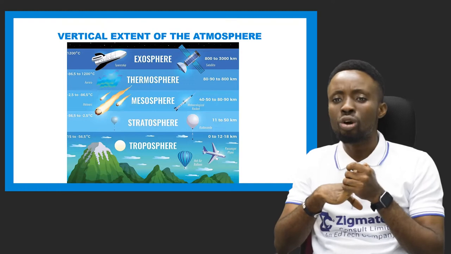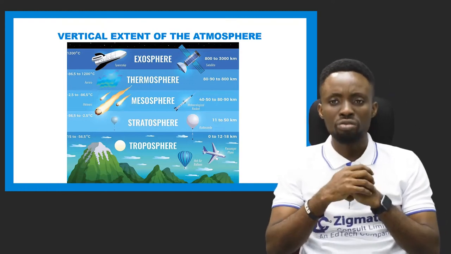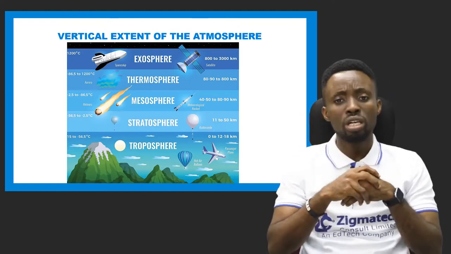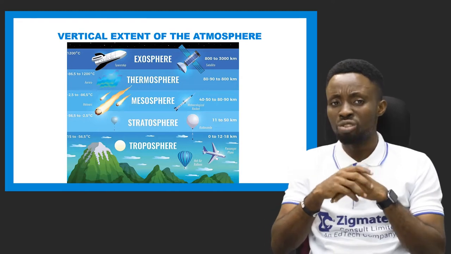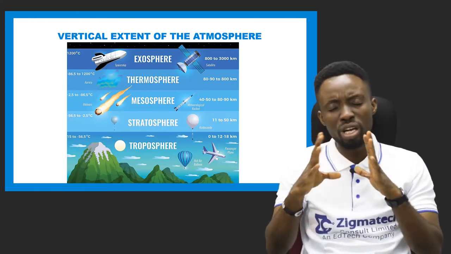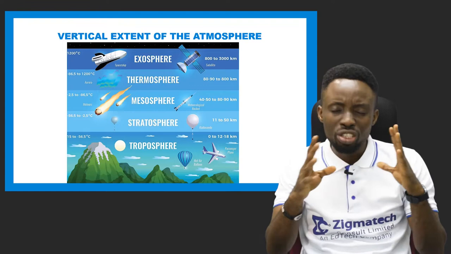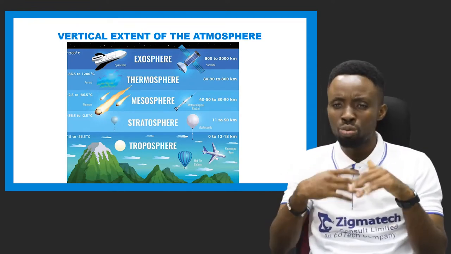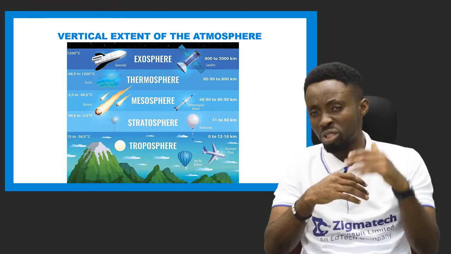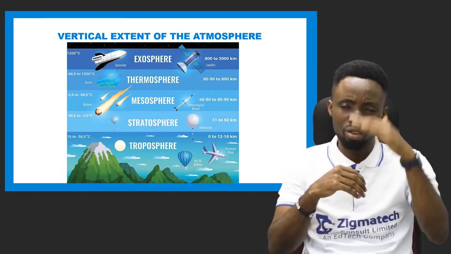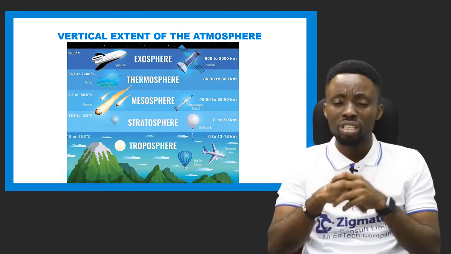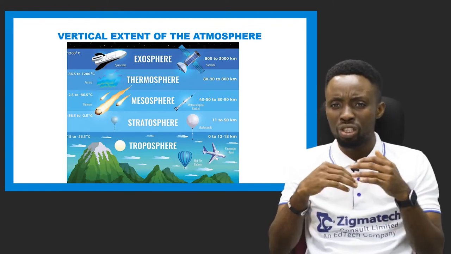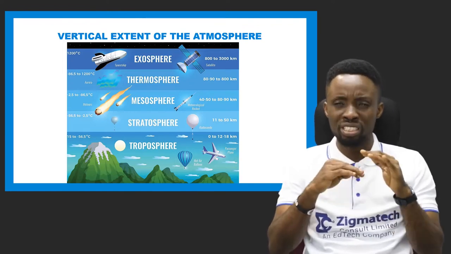Then the next layer is called the ionosphere. Now the ionosphere is actually made up of 2 layers: the mesosphere and the thermosphere. And in the ionosphere, we have ionization of gases happening in that layer of the Earth. Then when you move right above the thermosphere, which is a bit hotter, you get to the exterior part of the Earth, and the temperature there is about